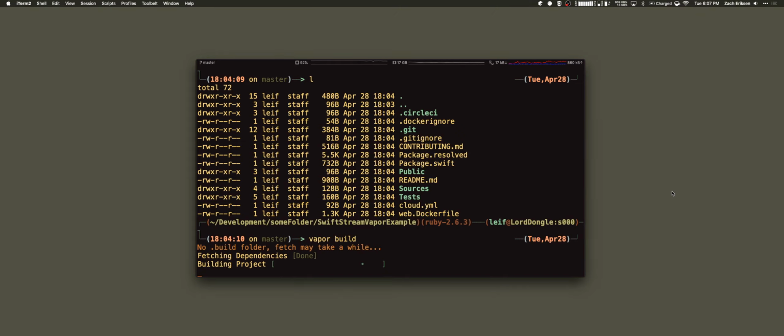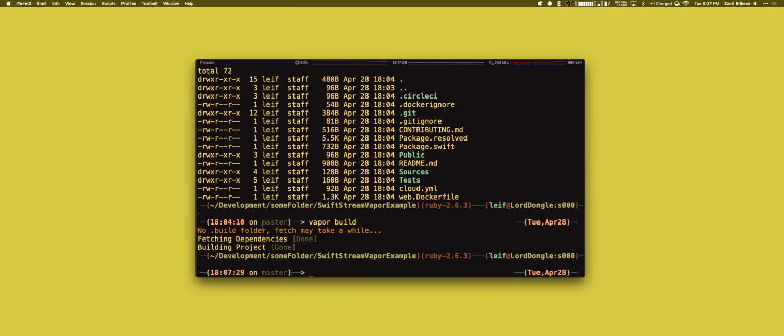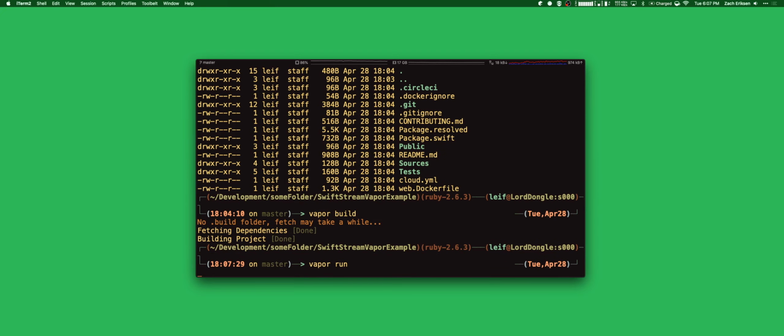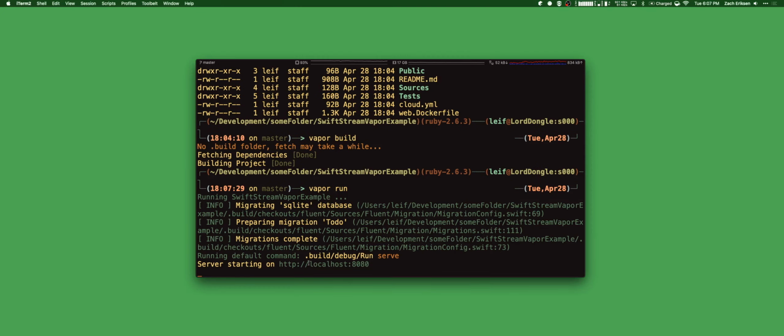I should have had a pre-built project, but I'd like to give you an understanding of how long it may take to build a project. But here we go. We got it. And once you build it, then you're good because you've built most of your dependencies. That's why it takes so long, because we have to build all of our dependencies, not because our code takes that long. It's just the dependencies. So after that, we can type in Vapor run, and it's going to run our example,